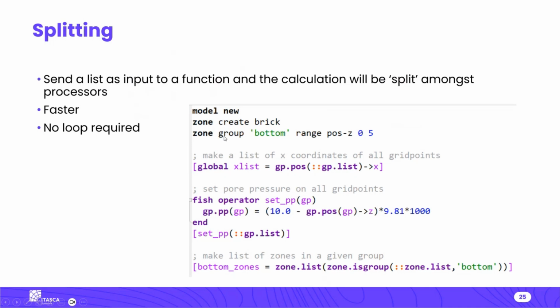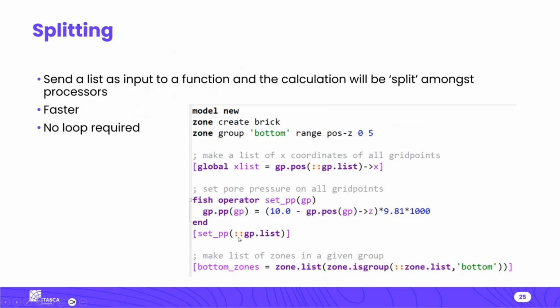The way to do that, so ignore the first few lines here and jump down to where it says fish operator. It's actually really easy to do this. Until now, you've seen fish define function name, for each something, do a calculation, end loop, end. If you get rid of the loop and the end loop, and you change fish define to fish operator, and you send it as an input, this grid point,